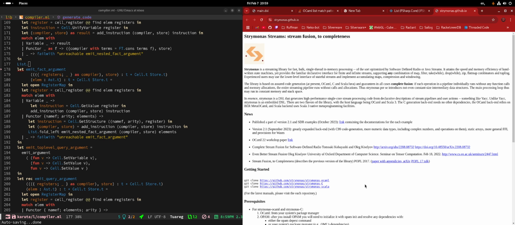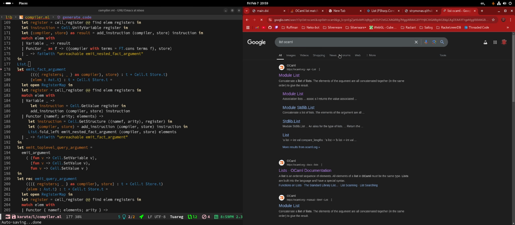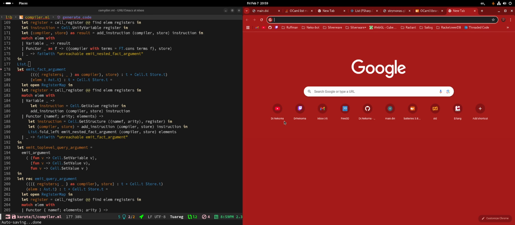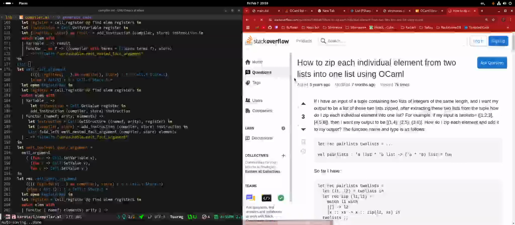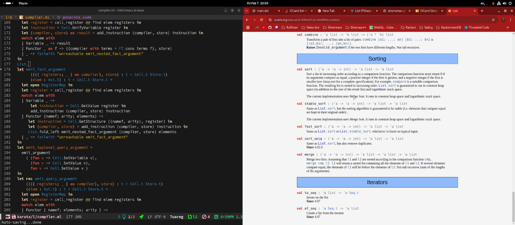No, but basically that we can do as well in the standard library of OCaml, I think. Zip. I mean, okay, I already searched this before. Oh, it's combine. Okay, so we have combine.